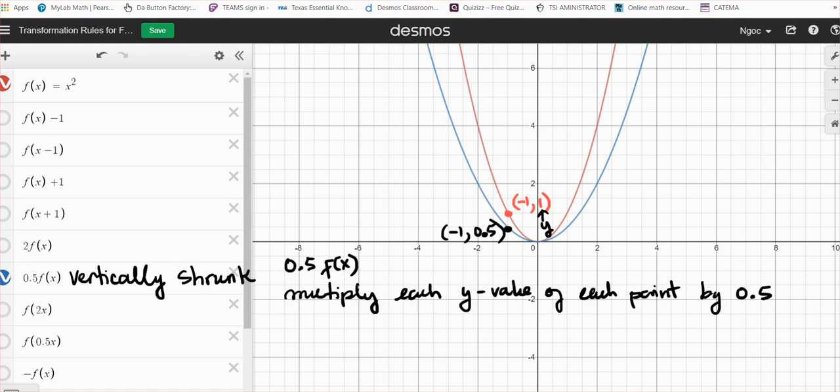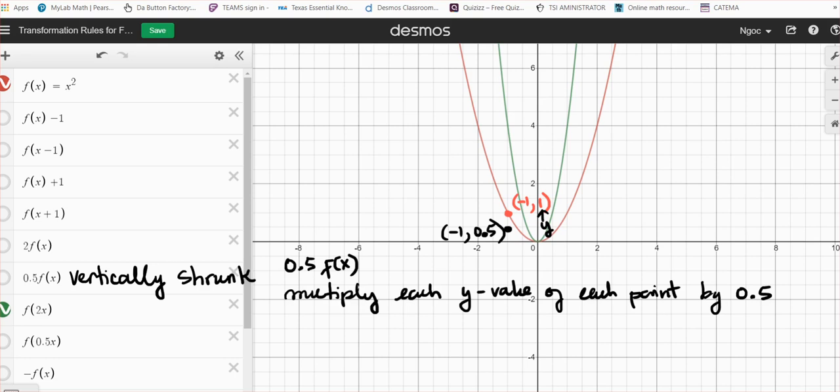Okay, so let's look at the next one. Let me go ahead and take this away. And let's graph f of 2x. Now, before we graph this function notation f of 2x, can you predict what happened first? What happened to our parent graph? Okay, so let's graph it now. So f of 2x, you can see the graph is the green parabola. And in this case, you can see that the graph gets